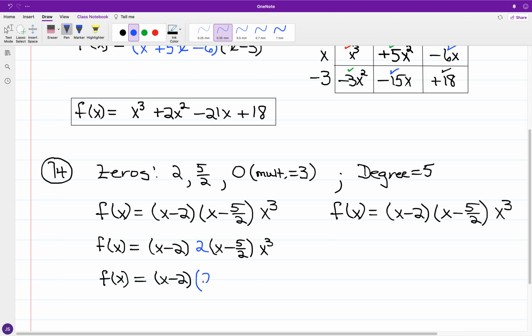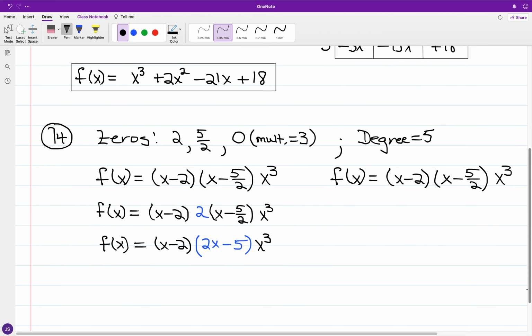Okay, so you have 2x minus 5. And we have times the cube of x. And just looking at multiplying together what we have in the first two factors. Okay, and we have f of x